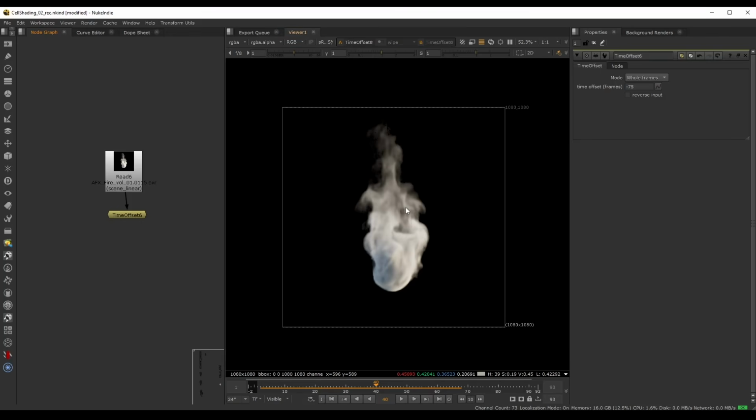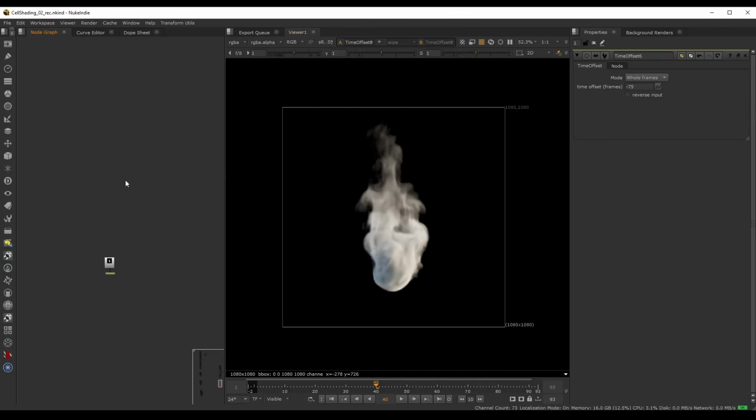And let's take a look into how we can set up the cel shading for this. And we will do the cel shading in the same way that we did for our helmet render, meaning that we will use a few layers of highlights, so a flat base layer and then a couple of highlight layers to create this cel shading based on our alpha. So again, if I press A, this is the one that we are interested in,